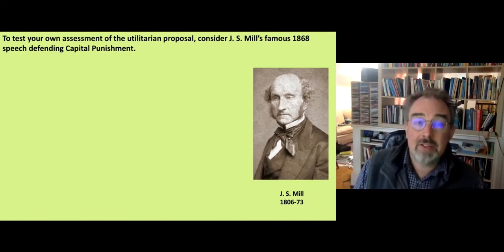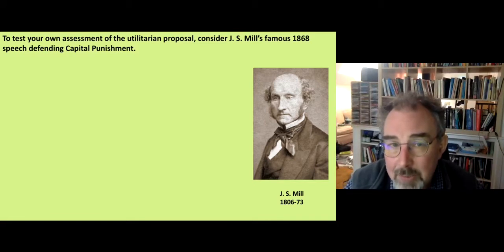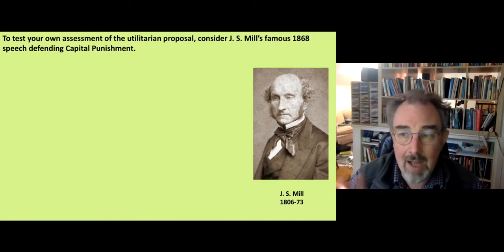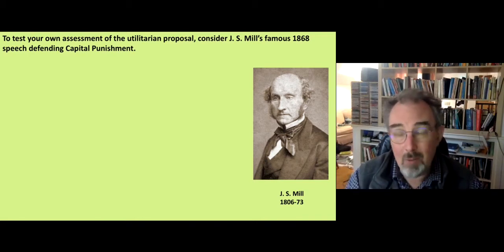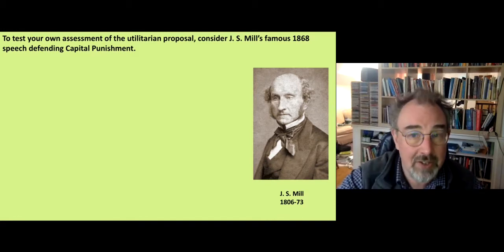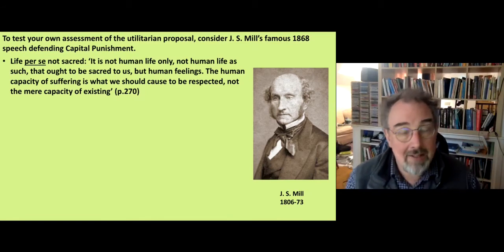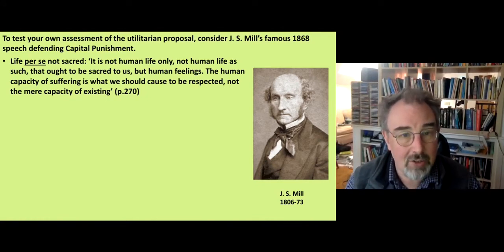So let me conclude this by drawing your attention to John Stuart Mill's famous 1868 speech Defending Capital Punishment, which I think is a useful document for testing your own judgments about how plausible this general utilitarian approach to thinking about social reform really is. You might want to focus on this in your discussion sections. As I say, this is a parliamentary speech that Mill made in 1868, but it is nonetheless an authentically utilitarian argument. This is particularly clear in the passage on page 270, where Mill says, look, it's just a mistake in this context to sacralize